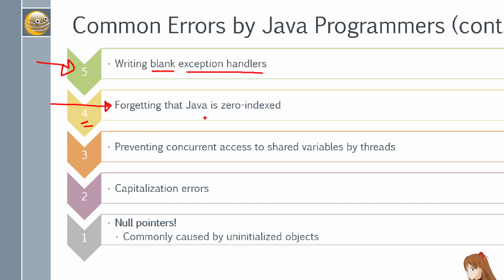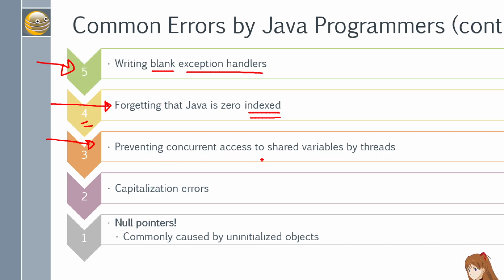The fourth in the list is forgetting that the index of array or the index of character in a string starts from 0, right? In other languages, it might start from 1, but in Java, it starts from 0,